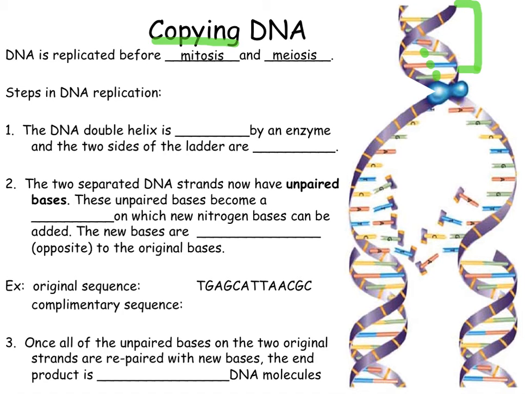So when we are ready to replicate our DNA molecule, the first thing that must happen is that we need to unzip the two sides of the double helix. Now, if you think about unzipping a jacket, we know that we use a zipper to separate the two sides. In the case of DNA,